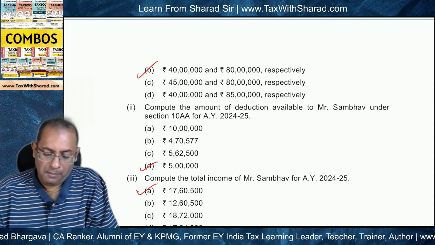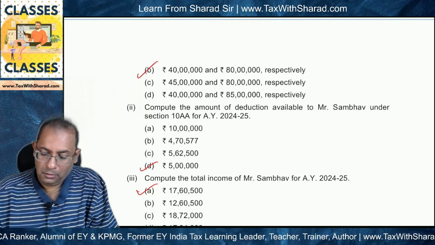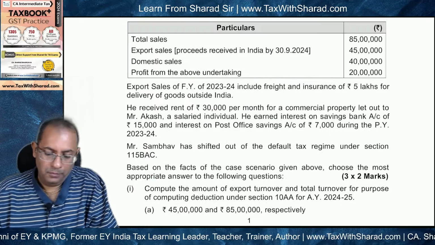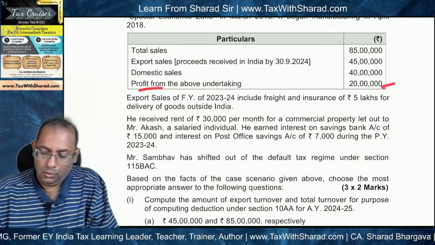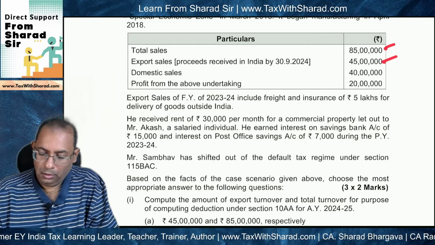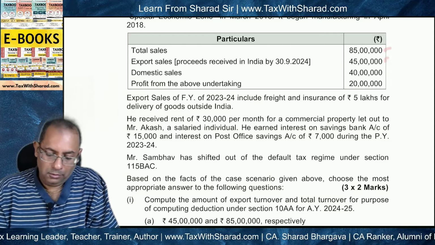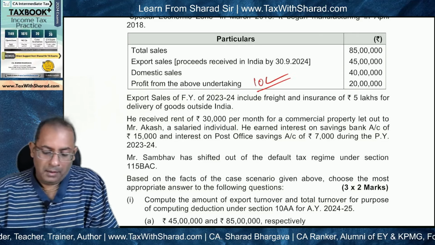Second, compute the amount of deduction available to Mr. Sambhav under section 10AA. So profit into export turnover divided by total turnover. So 20 lakh into 40 lakh divided by 80 lakh. So this basically comes to what? It comes to 10 lakh. But